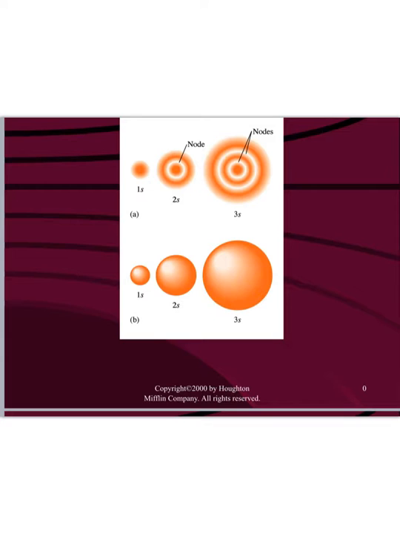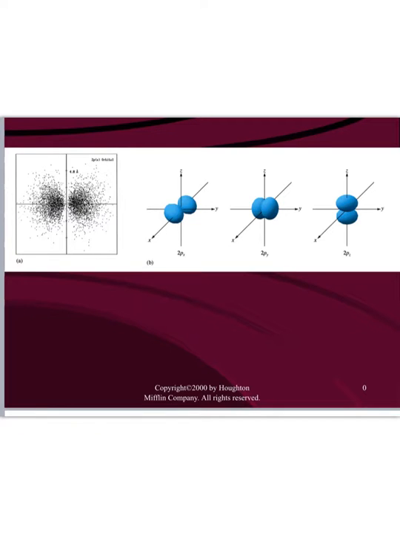Remember, electrons are found in these electron cloud regions about 90% of the time, okay? 10% of the time, they're in between the energy levels, all right? So this is what an s orbital looks like. This is what your p orbitals look like. Remember, there are 3 different p's,